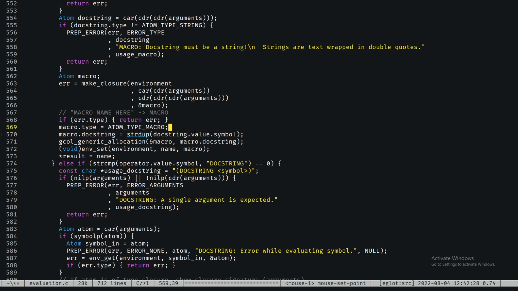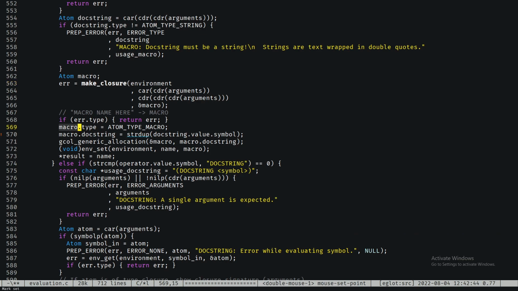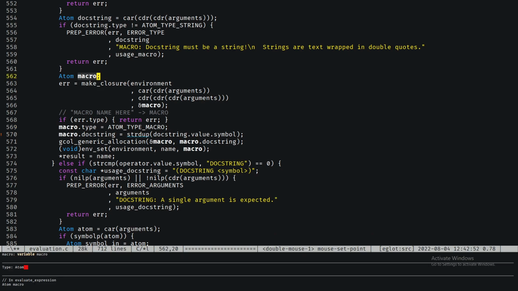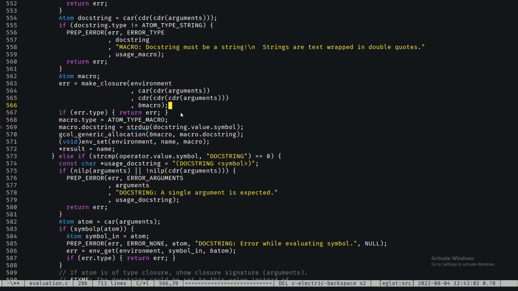Oh, but we create a macro and we basically just say, hey, in the environment, set the name we were given, the macro name, to the value of the macro. But macro isn't actually a macro. Isn't that confusing? See, we have the macro type of macro. So this atom's type is macro, but it is actually a value of a closure, if that helps at all. So then to apply it, you just treat it exactly the same as you do a closure. So if we take a look at macro